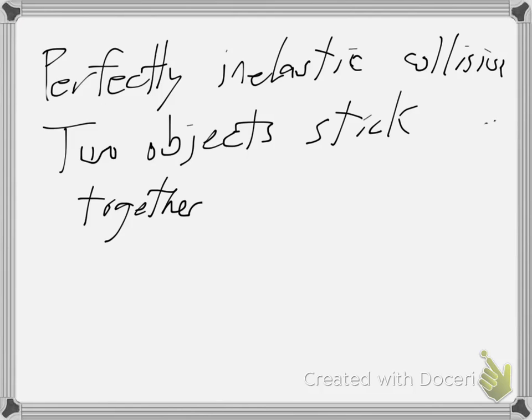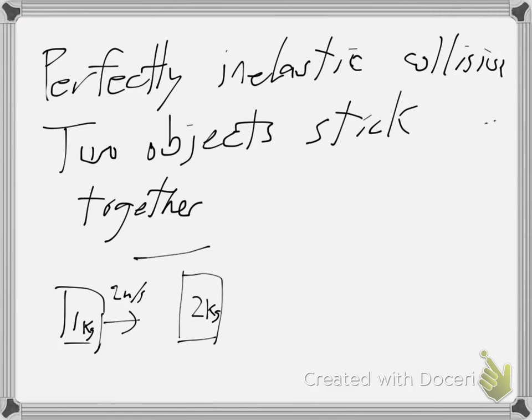Now, this says that if you have, let's suppose, using the same problem as last time, a 1 kilogram object that's traveling with a velocity of 2 meters per second, and it collides with a 2 kilogram object which is at rest. And then after they collide,